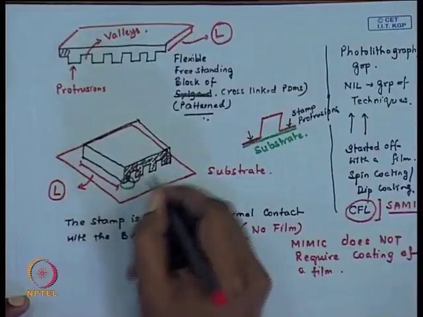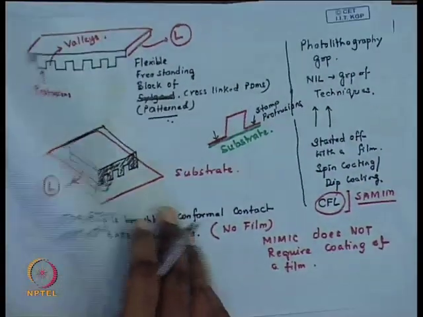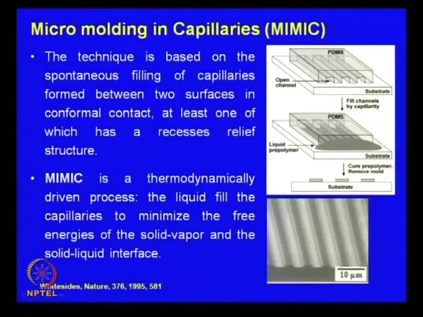Each of these channels eventually will act as capillaries, capillary tubes, we will see that. So, once this is achieved, or in other words your stamp is now in conformal contact with the substrate, forming these open channels or micro channels, what you do, you dispense the liquid prepolymer, and this prepolymer, do not confuse, this is not Sylgard or cross-linked polydimethyl siloxane. This is actually the polymer material, a solution of the polymer material in which you would like to create the patterns. So, let us say if you want to create the patterns in polystyrene,